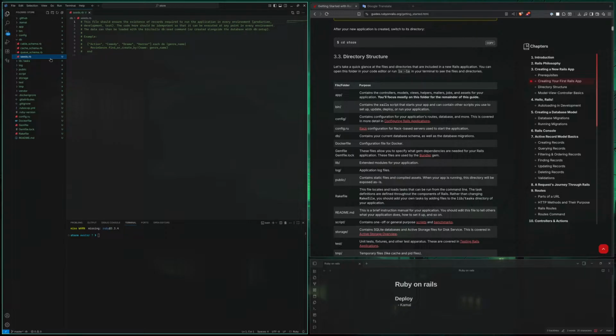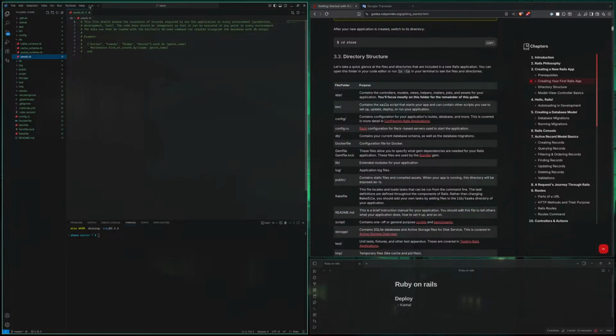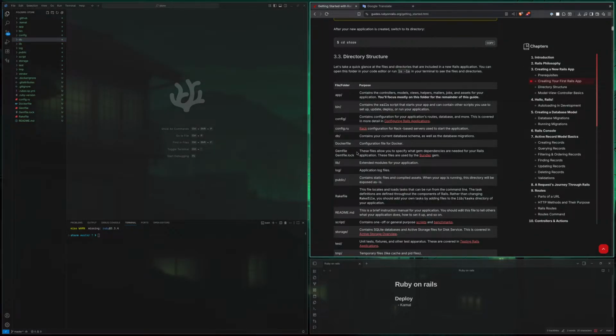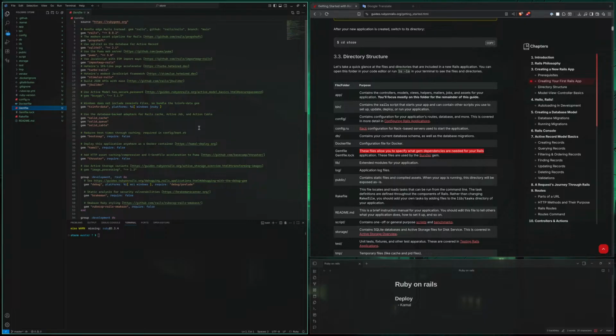Okay. Dockerfile, then Gemfile. What is a gem? Is it like a package maybe? These files allow you to specify what gem dependencies are needed for your Rails application. These files are used by the Bundler gem. Okay, so I'm guessing that, yeah, gem.